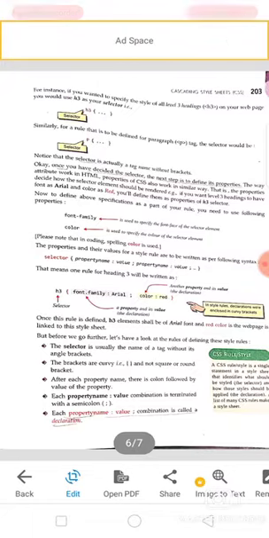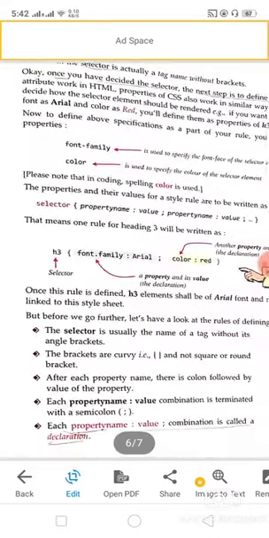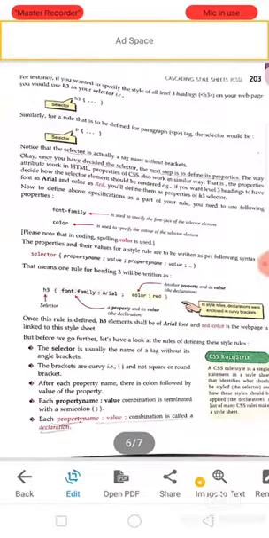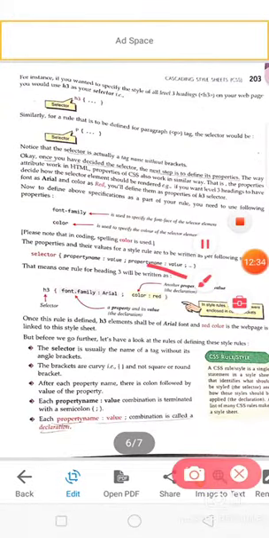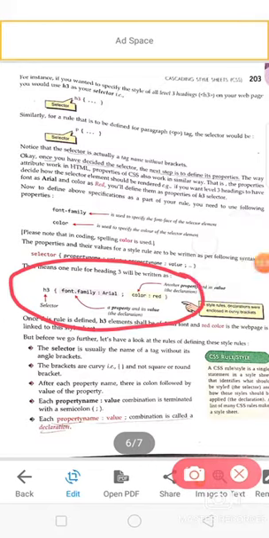We will not write font face here. If we want to specify a special type of font, we have to write font-family here, and this is known as a property. Here you can see in this syntax, h3 is the selector, font-family is the property, Arial is its value. Now these are separated with a semicolon.